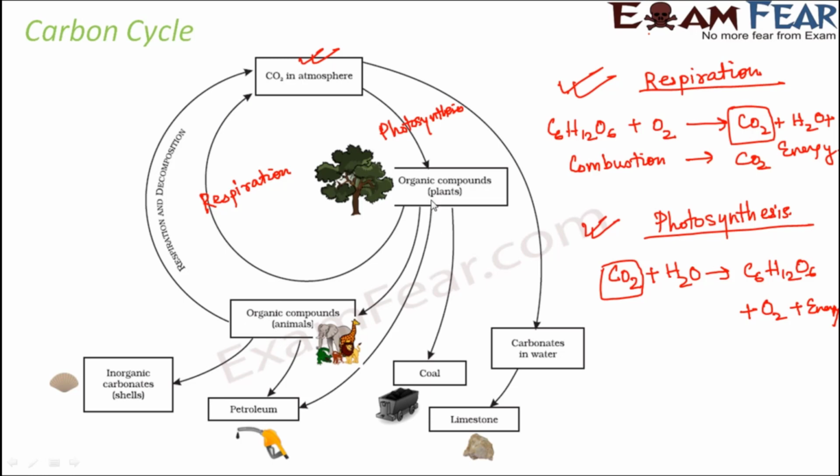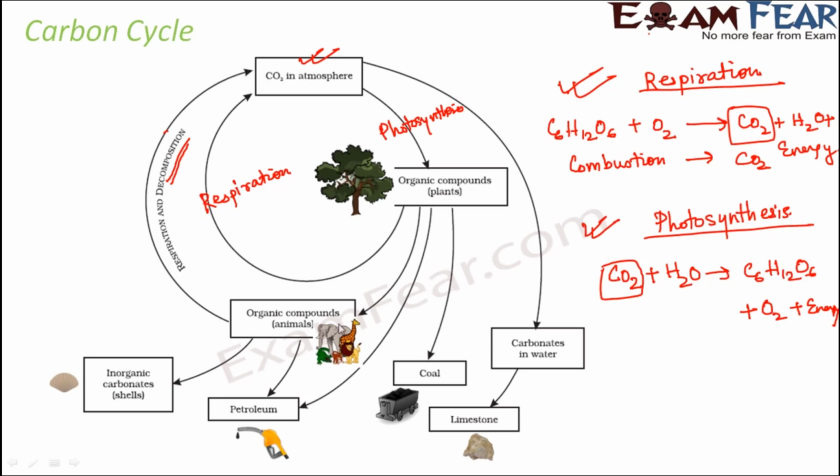What about animals? Animals also utilize carbon dioxide. How? Because plants utilize carbon dioxide for photosynthesis and animals feed on those plants either directly or indirectly. But these animals again undergo respiration, and that is how they add carbon dioxide to the atmosphere. Respiration and also another process, that is decomposition. When these animals die, they are decomposed by decomposers like fungi and bacteria. As a result of decomposition also, carbon dioxide is released, and that is how it is given back to